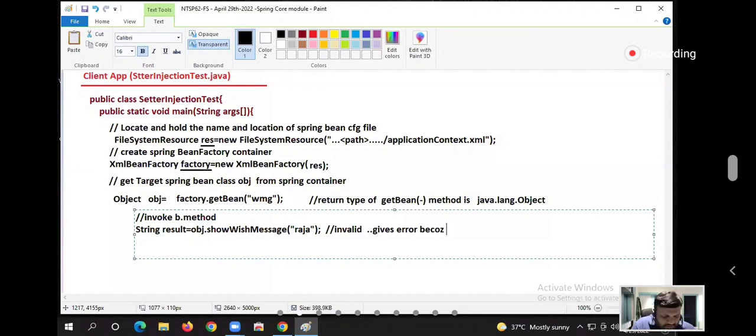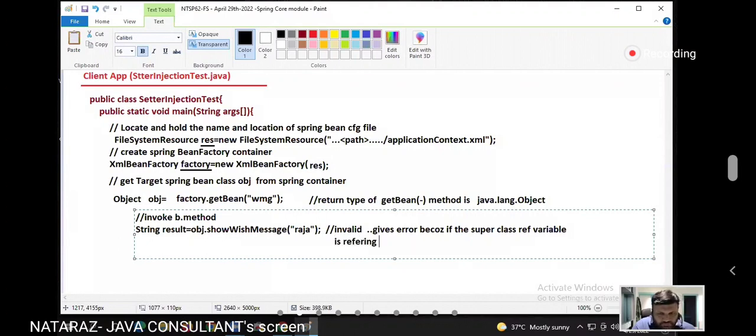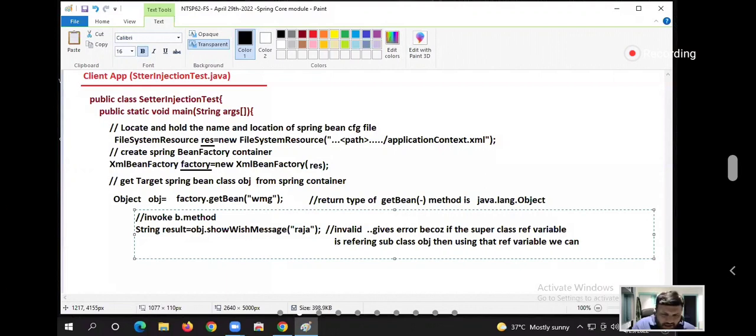Because if the superclass reference variable is referring to a subclass object, then using that reference variable we can invoke only the superclass methods; we cannot invoke direct methods of the subclass.